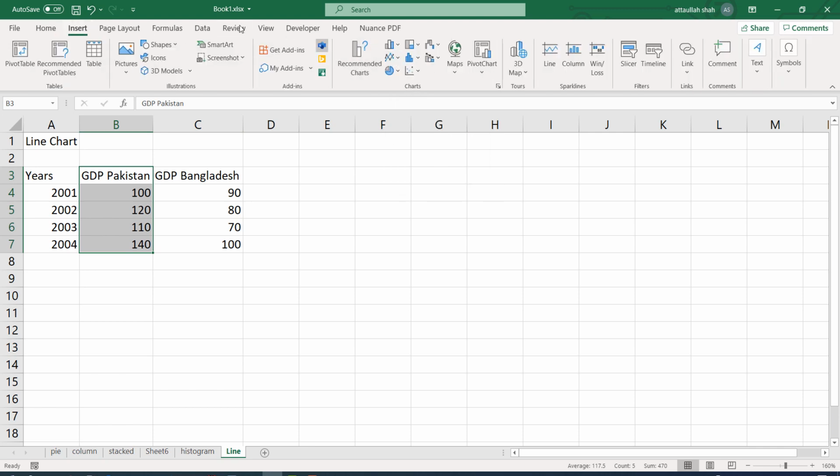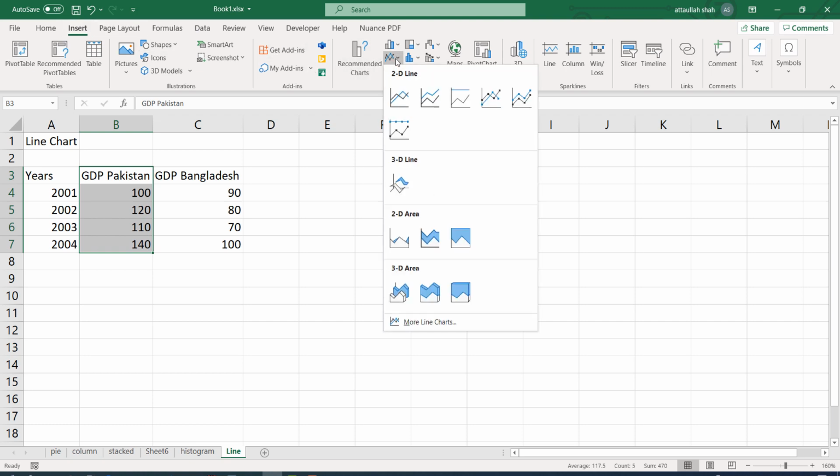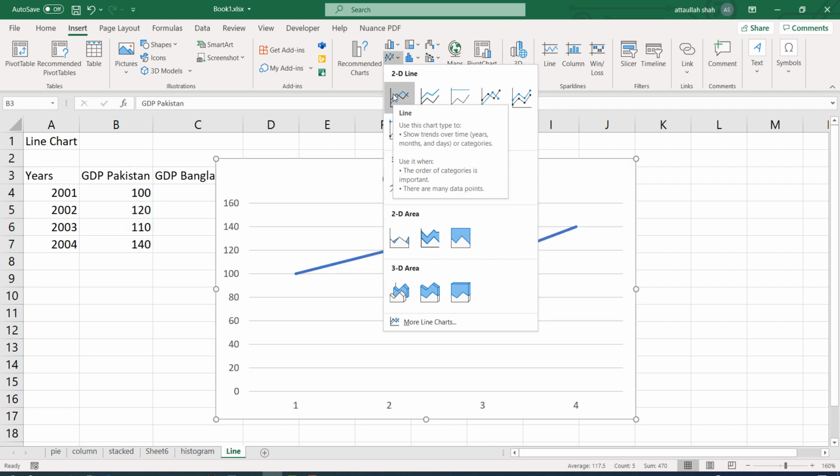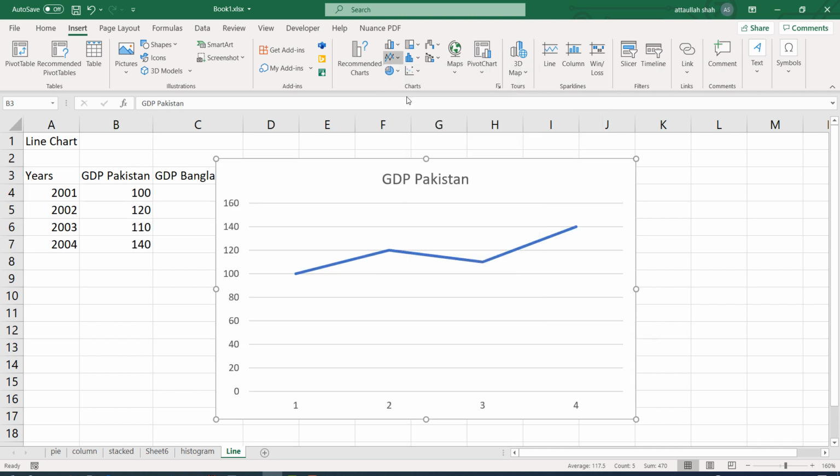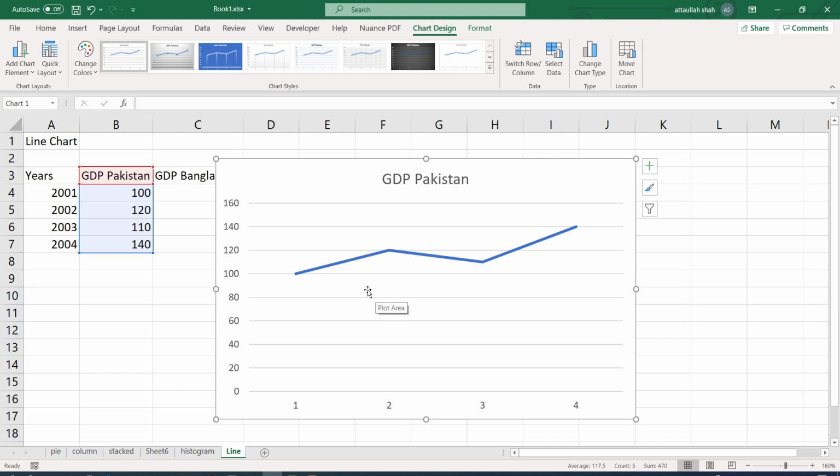So I'm going to insert, and then in the charts tab I'm coming down to line. These are some of the patterns which you can use. I'm going with the first one, basic line chart. Since I haven't selected the first column, the labels are automatically added as 1, 2, 3.